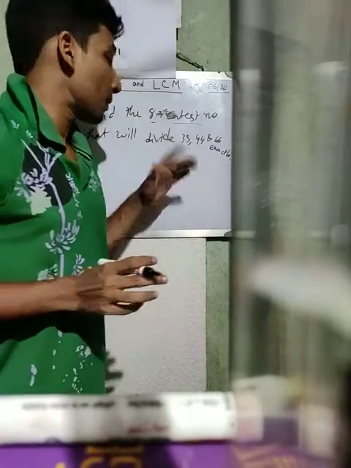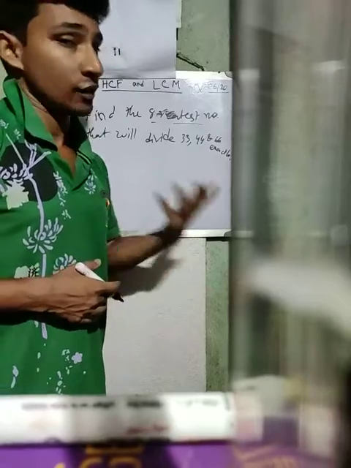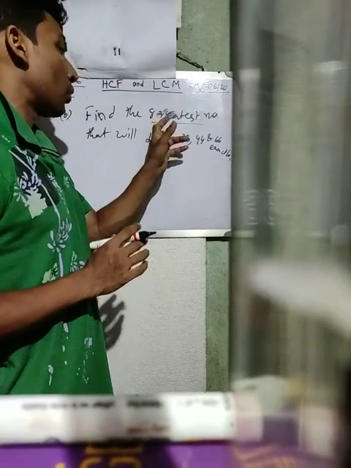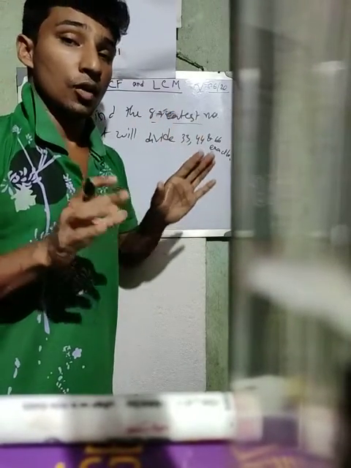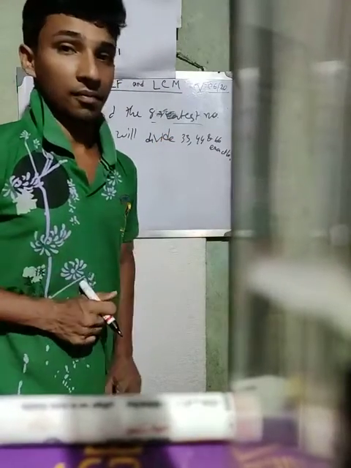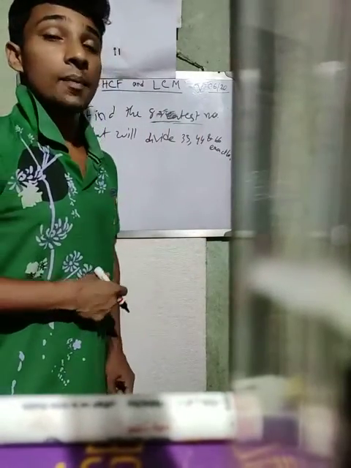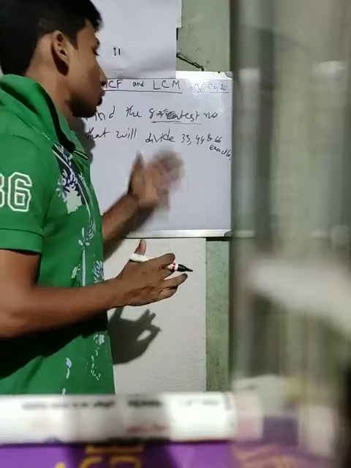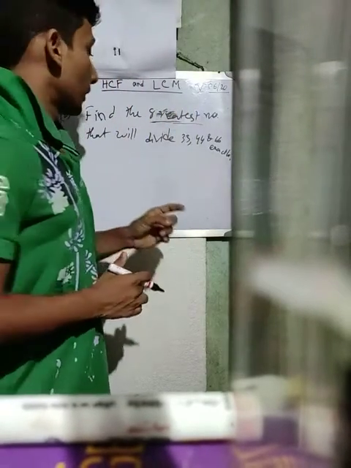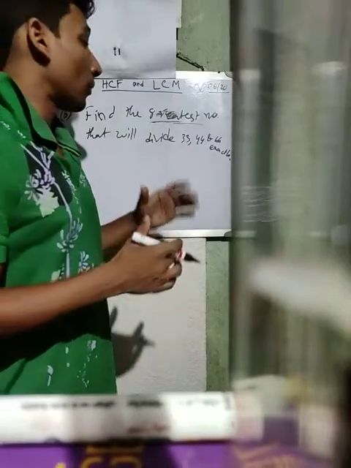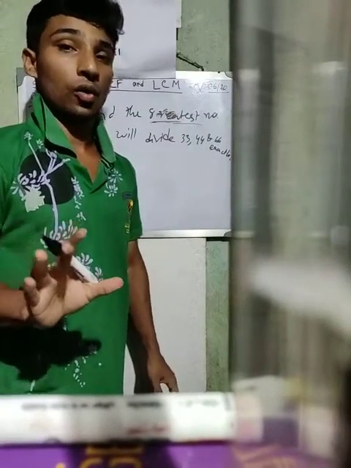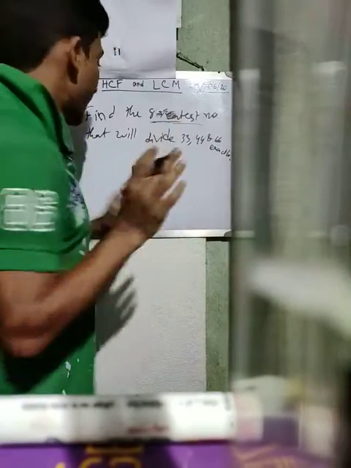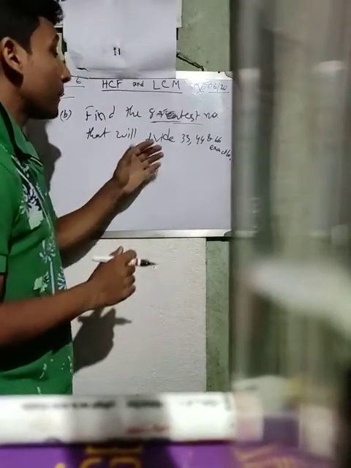So what is the full form of HCF? Highest means greatest: highest common factor, or greatest common divisor. In most sums, when you see that greatest is given, you can realize that you have to find HCF, because HCF consists of greatest. HCF means greatest common divisor. So when you are asked to find the greatest number, you can understand that you have to find HCF. Now, how can you understand we have to find HCF? At first, greatest. Next, you see that will divide this number.